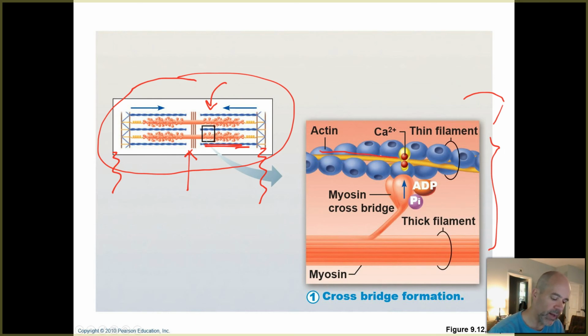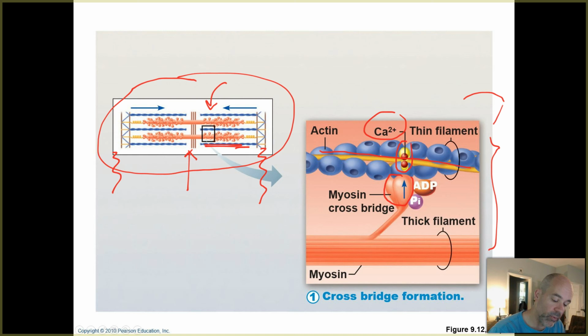All right, so our tropomyosin here has been moved out of the way. You can see you've got calcium ions attached to tropomyosin. They're in yellow. So tropomyosin has been moved out of the way,